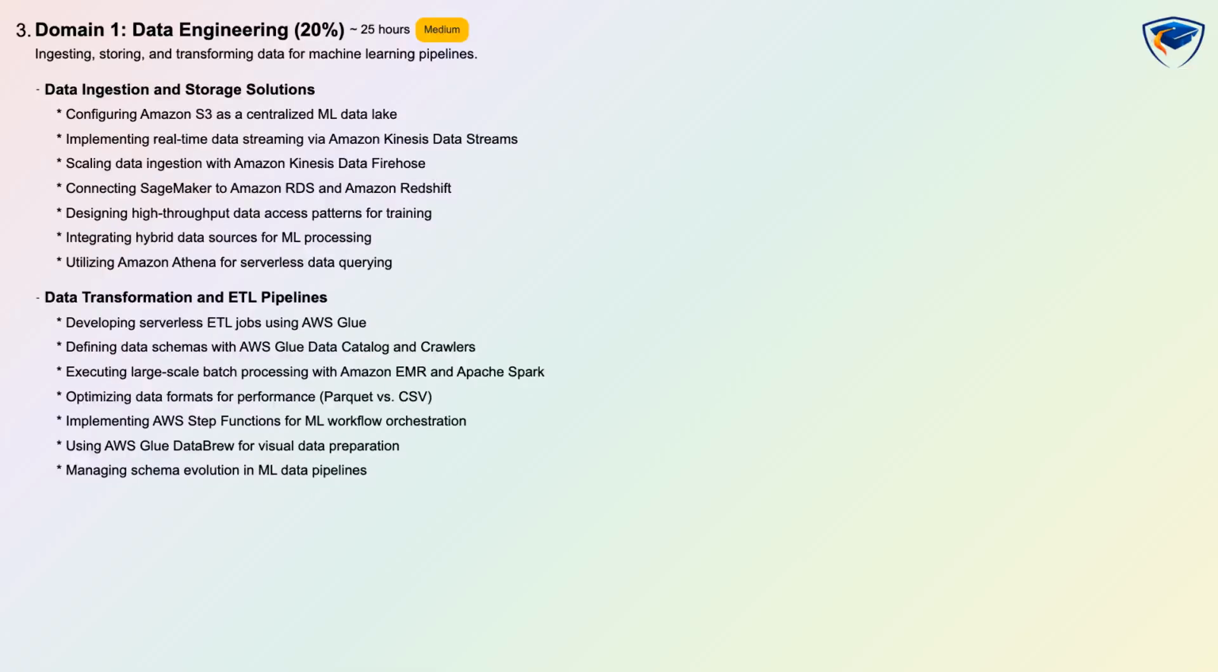Domain 3. Modeling is the heaviest domain at 36% and focuses on selecting, training, and evaluating machine learning models tailored to business problems, with hard difficulty and about 45 hours of study and scenario-based assessment. You will learn algorithm selection including SageMaker built-in algorithms for classification, regression, and clustering, the difference between supervised and unsupervised learning, and how to choose between linear models and tree-based ensembles as well as specialized approaches for computer vision and